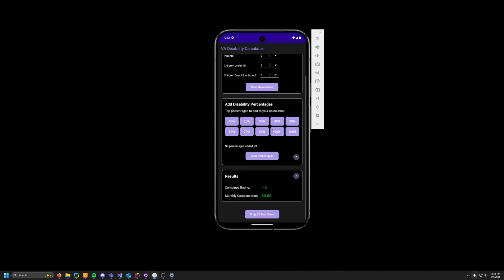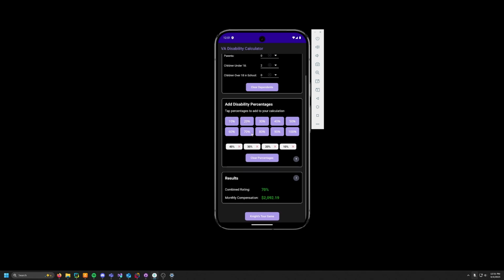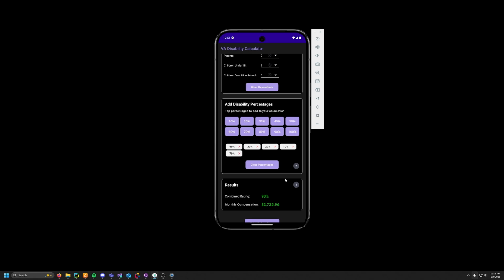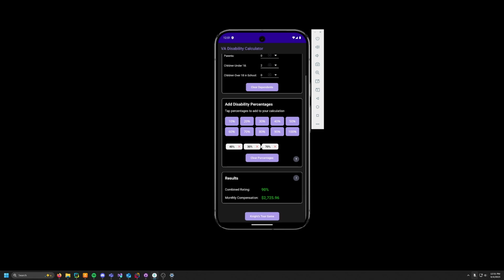Individual ratings can be removed one at a time. You don't have to worry about which order you put things in. It'll do the math in the background on its own. For the VA, it always starts with your biggest percentage and then works its way down, so it'll sort it on its own. Don't worry about the order you put them in. It'll do the calculation on the back end on its own. So no worries there. If you start with, say, a 10% or 20%, and then you have a 60%, it'll still go ahead and do the sort for you and then move the percentages around how it